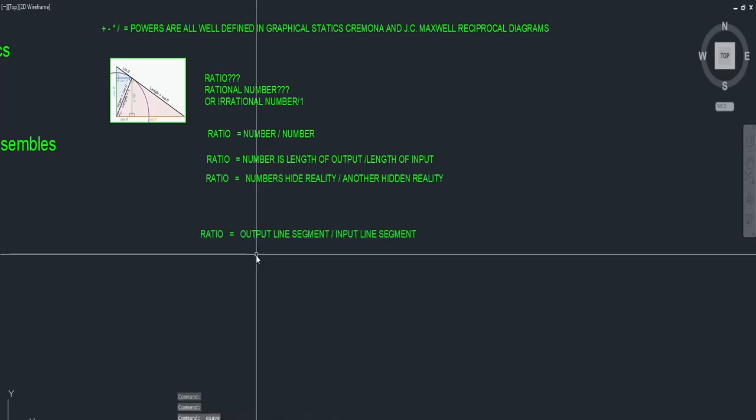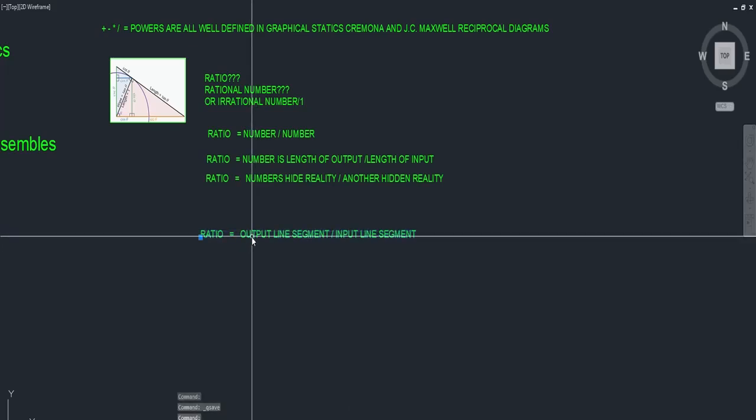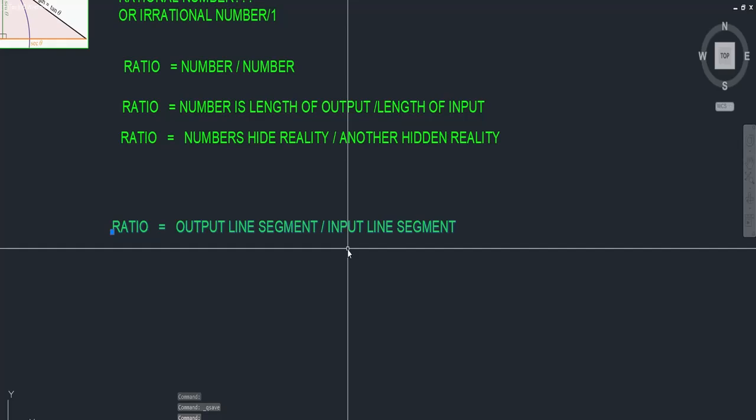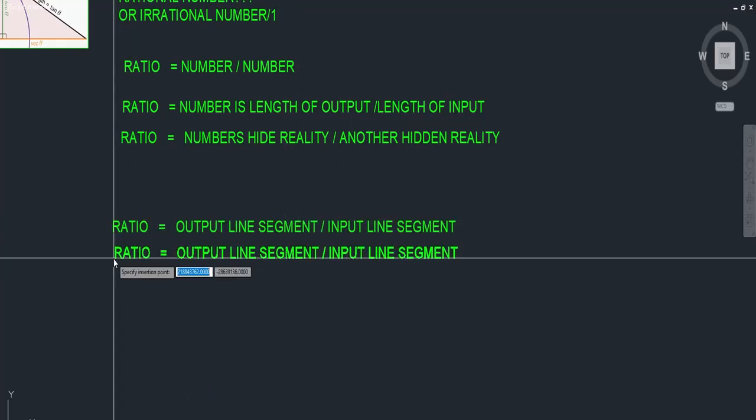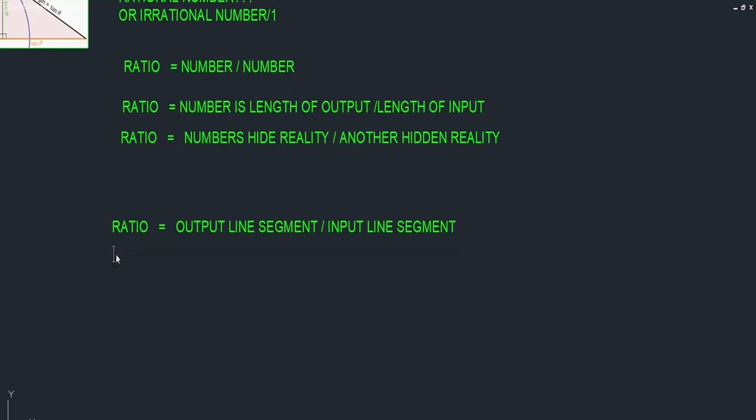Now, ratio is the output line segment divided by the input line segment. We should define the division as Hamiltonian mechanics did and as Cremona and Maxwell defined it. Division implies